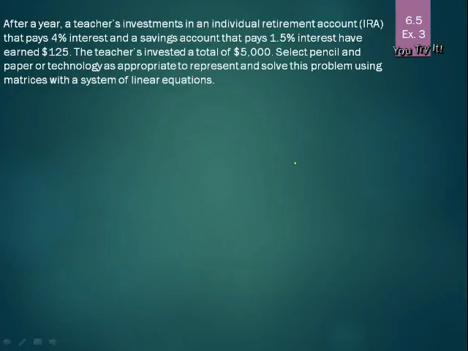After a year, a teacher's investments in an individual retirement account, IRA, that pays 4% interest and a savings account that pays 1.5% interest have earned $125. The teacher invested a total of $5,000. Select pencil and paper or technology as appropriate to represent and solve this problem using matrices with a system of